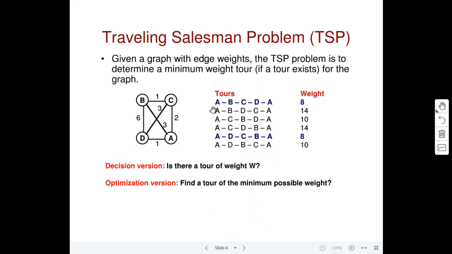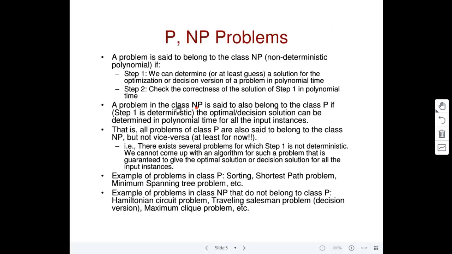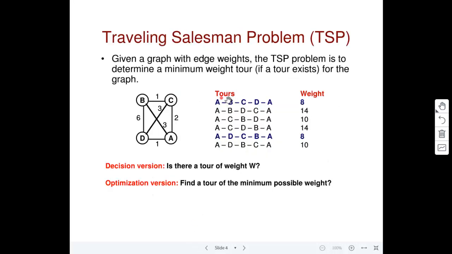If the algorithm is able to find a b c d a in say v square time complexity, that is a polynomial time algorithm that gives you the optimum solution for this particular complete graph of edge weights. Again, you can cross check, that's the second step actually, cross check the correctness of your solution. So you can write down all the possible solutions and check this is the minimal